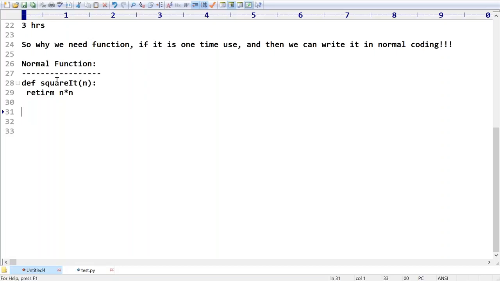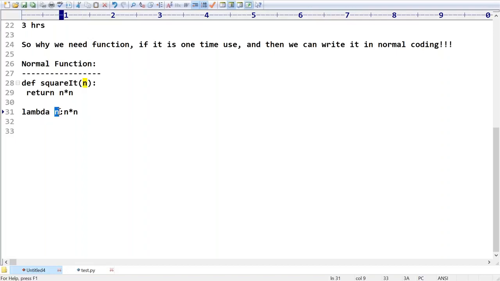Yes, there is a name, man. You are using the name square, def square of n, return n into n. But now I don't want it like this. Very easily I want to write concise code. What is the way, sir? Lambda. What is the keyword I'm using? Lambda keyword. Which input argument are you going to take? n. What thing do you have to return? n into n. That's all. Seems simple, right?